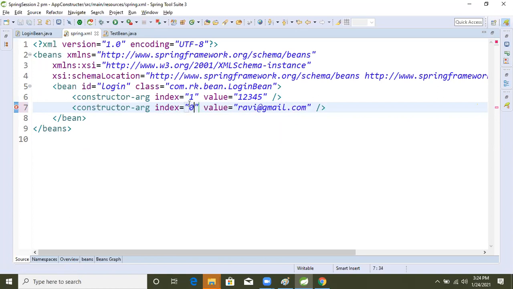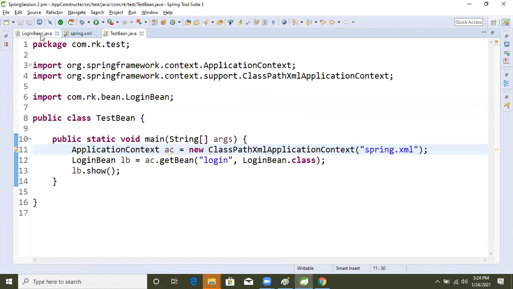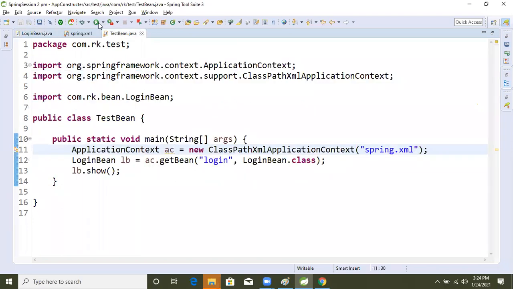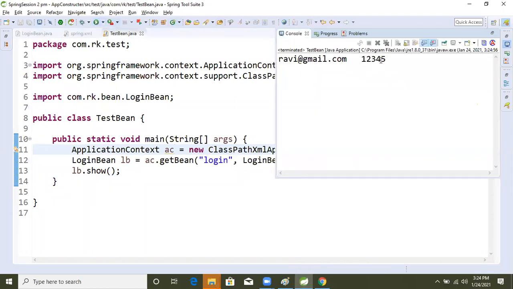Now we get the correct result. The container checks based on the index where the username is and where the password is, then inserts the data, and we get the correct result. See, Ravikant and username.